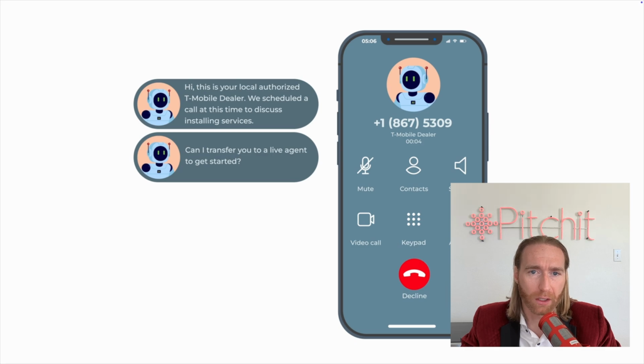We're calling right now because you had scheduled a time for us to call you today at 5 p.m. Central Time. The other thing you're going to want to do is Pitchit is going to record and annotate all of these calls. And so you need to say that because the reality is there are a lot of local laws around recording and getting consent for recording and how many parties involved in a conversation need to know if